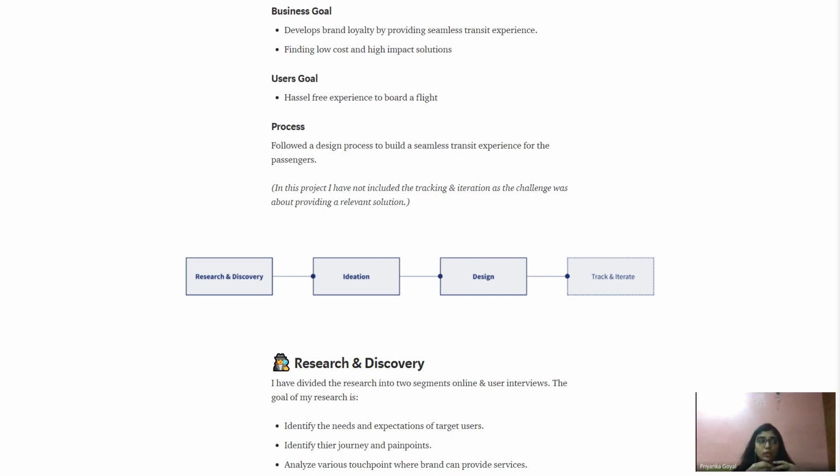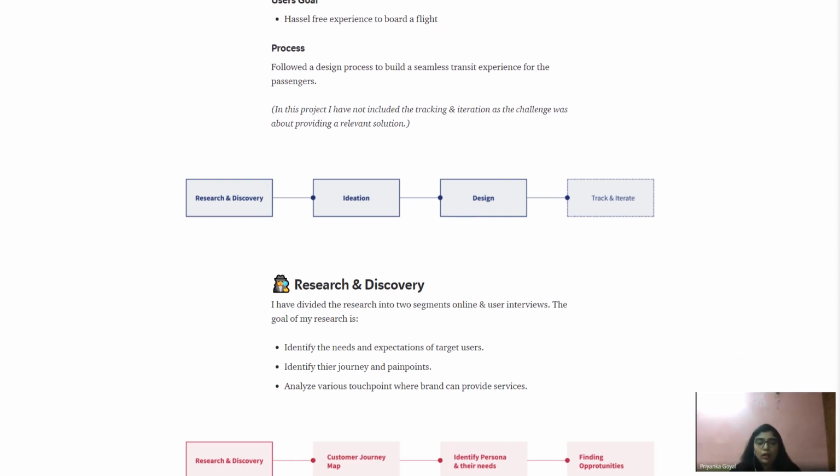When an assignment is given to you in your UX interview process, it is not necessary that you follow each and every process. You can choose your own process. You can choose what category you want to focus on, but you should highlight at the initial level that you are not doing this, you are just focusing on this, because when they ask you to present your case study, you should have a solid reason behind it.